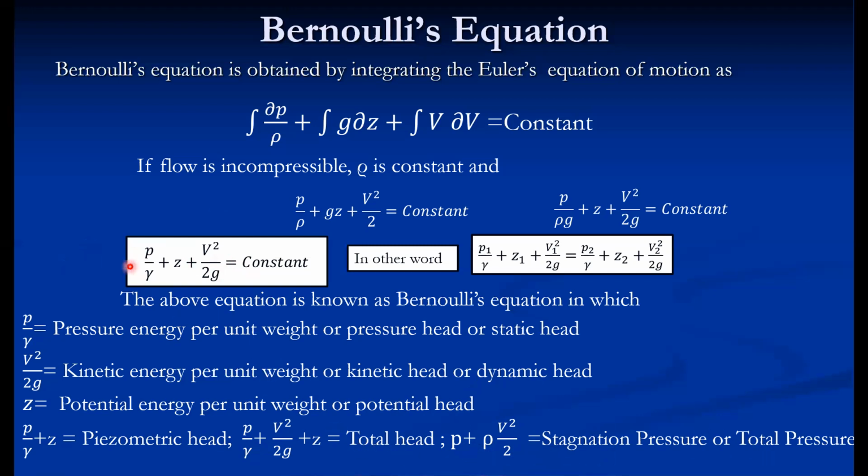If only these two terms, that is pressure head and velocity head, are in head form, then it is called the stagnation head. These are the pressure quantities, that's why it is called a pressure. If it is the addition of P by gamma plus V square by twice G, it is the addition of two heads. Sorry, stagnation head. So it is not called the total head in that case. Total head is this much. So these are some terminologies associated with Bernoulli's equation.